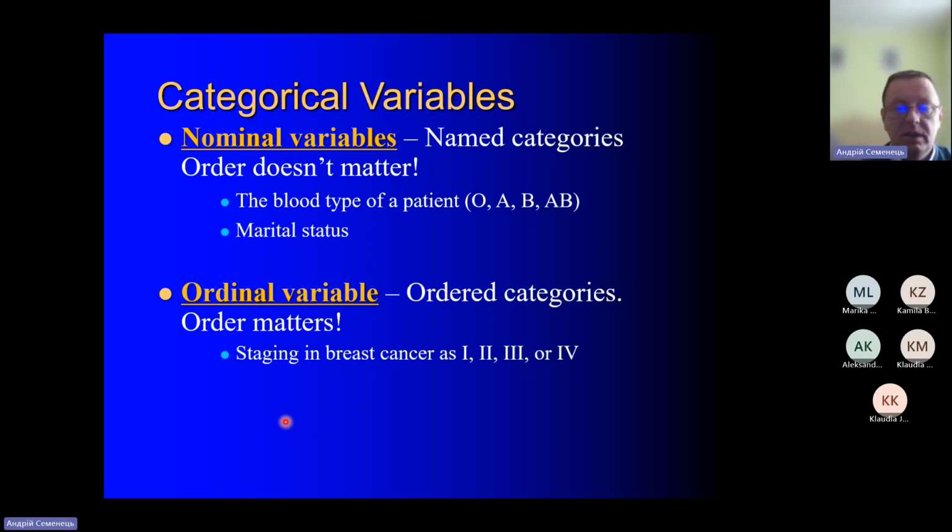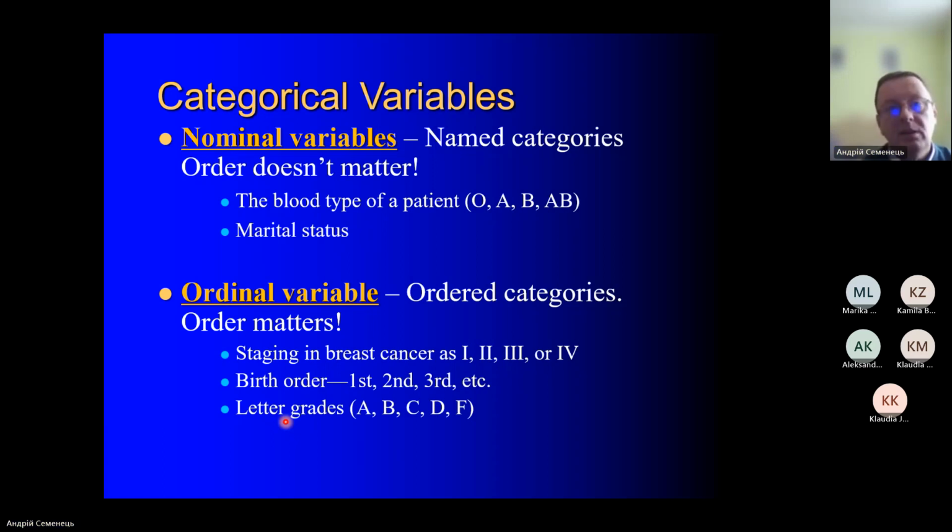In ordinal variables, we deal with ordered categories where order matters, like staging of development of any illness, like minor, moderate, severe, etc., or disorder, or grades. In fact, it's not like illness, but grades are also ordinal variables. And not only ratings A, B, C, D, but even those grades which I place for you